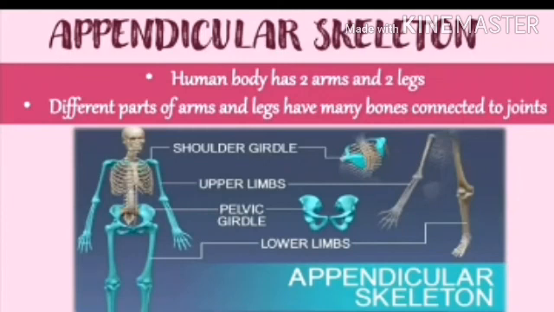Shoulders are there, then upper limbs are there. The pelvic girdle is there, then lower limbs are there. So these are all the appendicular skeleton, that is the upper limb and lower limb. Understood everyone? So this is all about the appendicular skeleton, and this is our today's part. Today we have studied about fracture, then the human skeletal system and its types. There are two parts, the axial skeleton and the appendicular skeleton. So this is all about today's part.